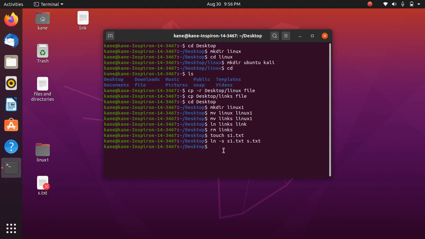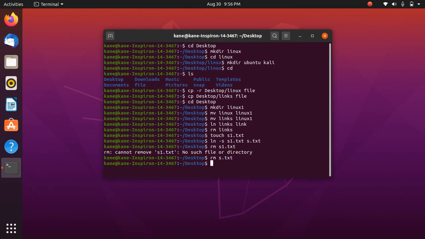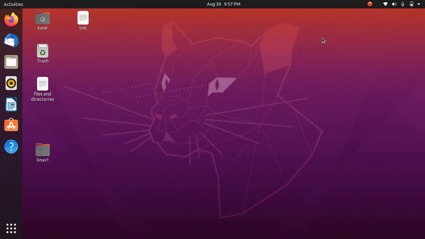So let me remove this. This is the main advantage of using soft links in the modern era: when the original file is deleted, you can no longer access the shortcut. This is similar to the concept of a shortcut in the Windows operating system. When we create a shortcut of a particular app, you can also do that in Linux.